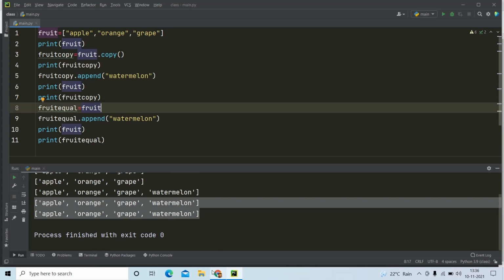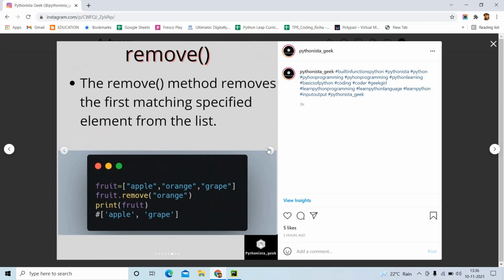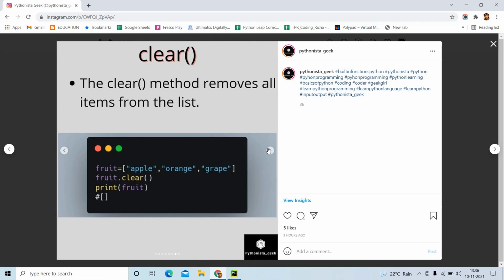Okay, now we can move on to the next function. The remove function we have already seen; it is going to remove a particular element. The clear method clears all the elements available in the list. So if you want to clear all the elements and need an empty list, then we can use the clear method.